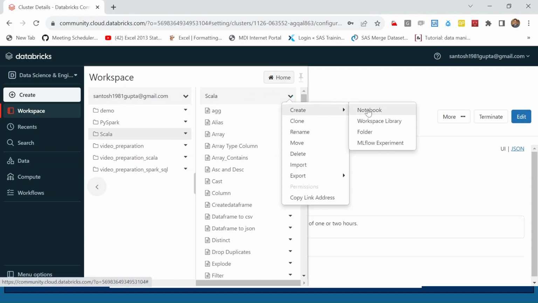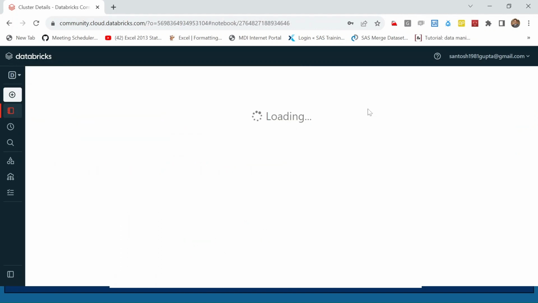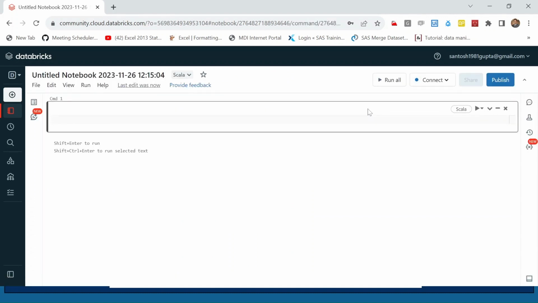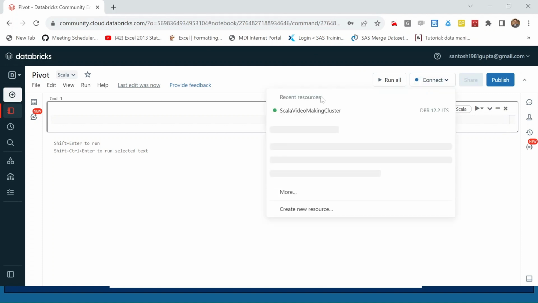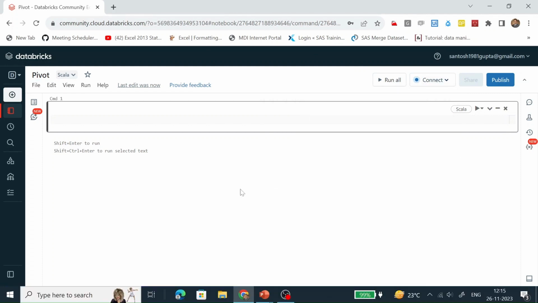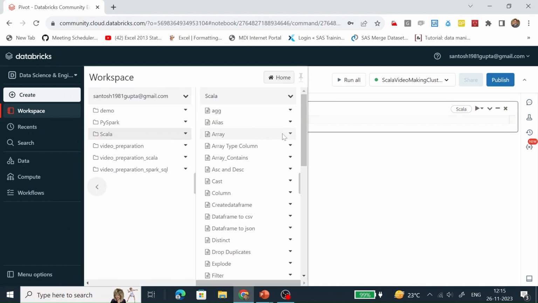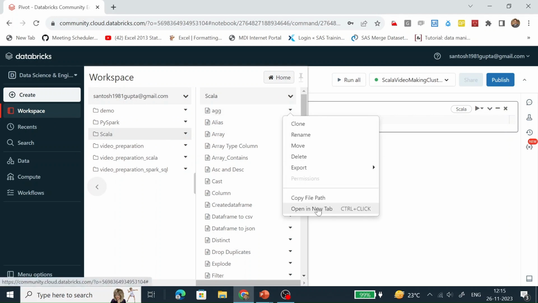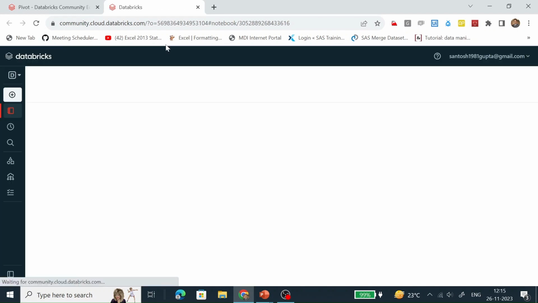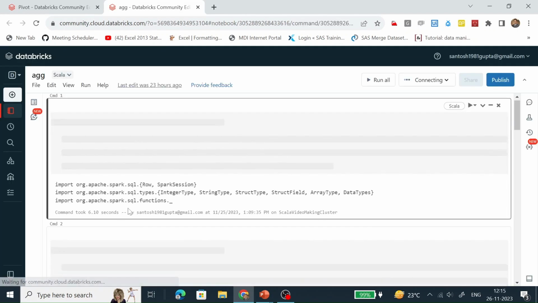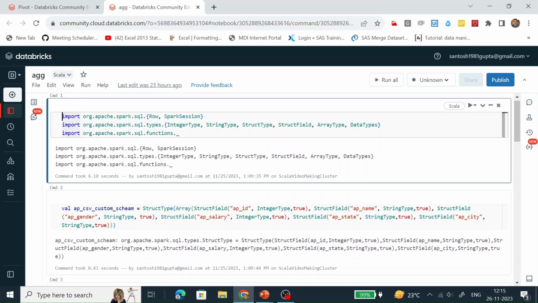Name the notebook pivot. Connect this notebook with a running cluster, and let me copy the code from one of my exercises up to the creation of the data frame by reading a CSV file.